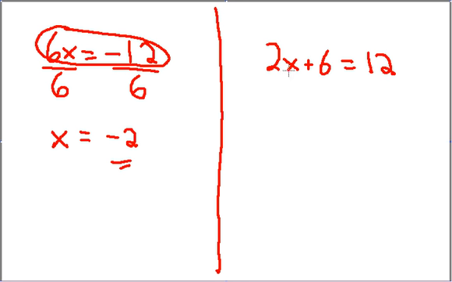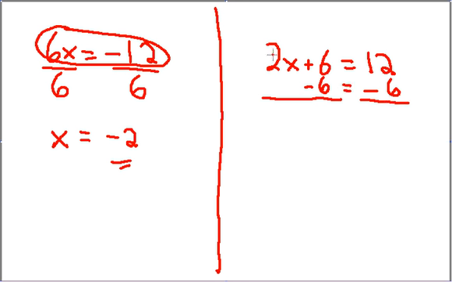Okay, we're going to take a look at another algebra problem, but this has an extra step to it. Once again, we're trying to get the x, the variable, by itself. Well, it's on the left-hand side of the equation. It's being multiplied by 2, but then that answer is then being added to a 6. So the first thing that we want to do here is we want to undo this addition that's going on. How do we undo addition? We undo it by subtracting. So since we had a plus 6 up here, we now need to subtract 6. If we're going to subtract 6 from the left side, we also need to subtract it from the right